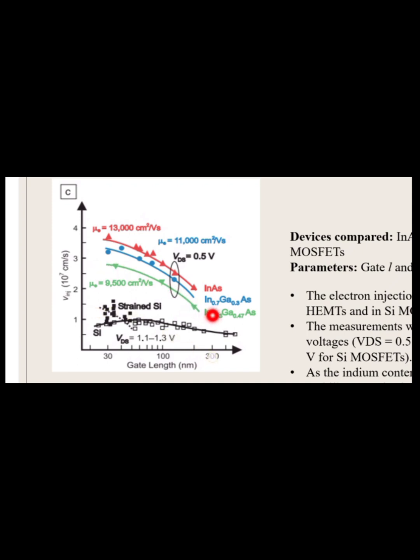As the indium content increases, indium 0.7, you can see a somewhat higher V-inch, and then for the highest indium content you can see the highest V-inch. So an increase in indium content in the indium gallium arsenide results in an increase in electron mobility, which finally results in an increase in V-inch, the electron